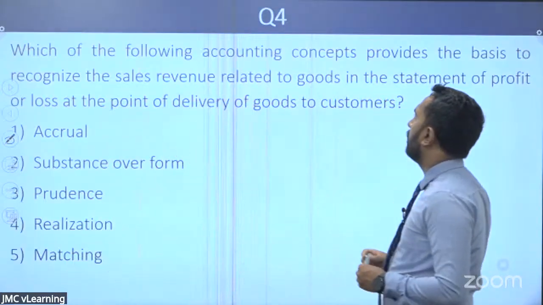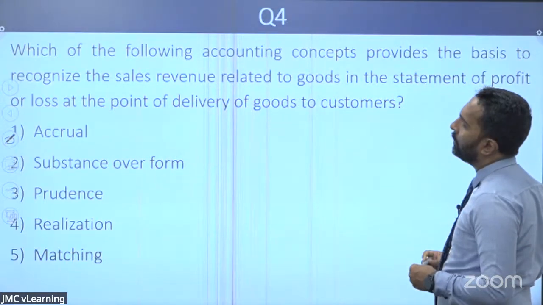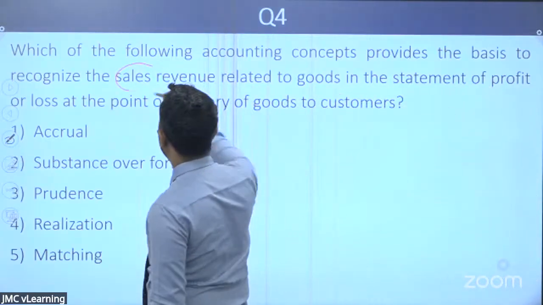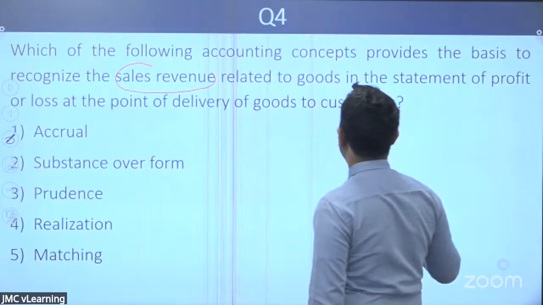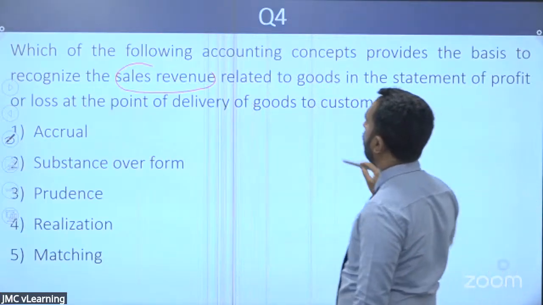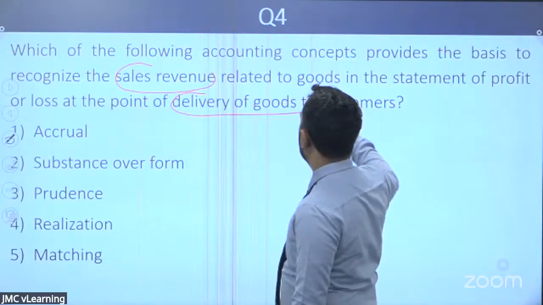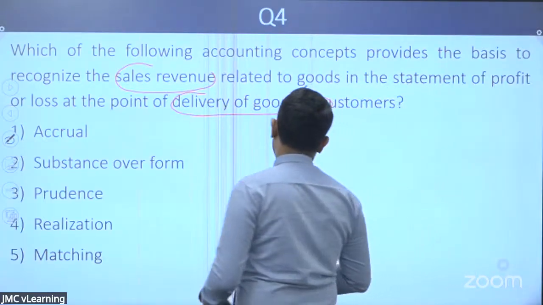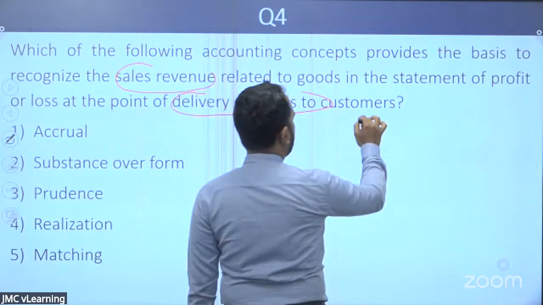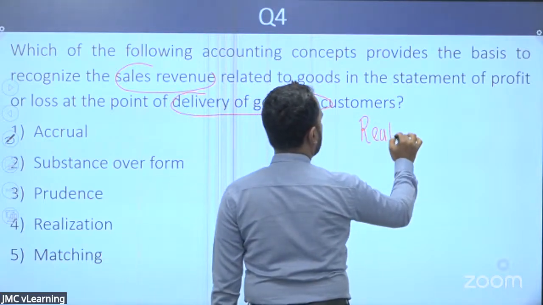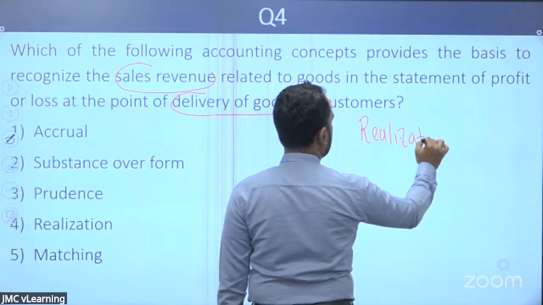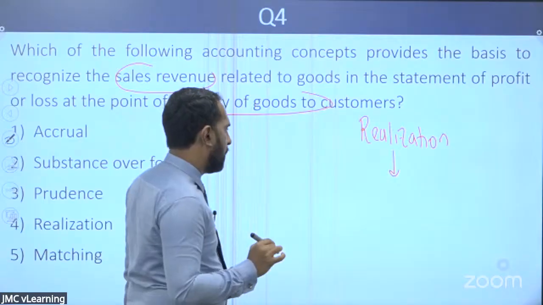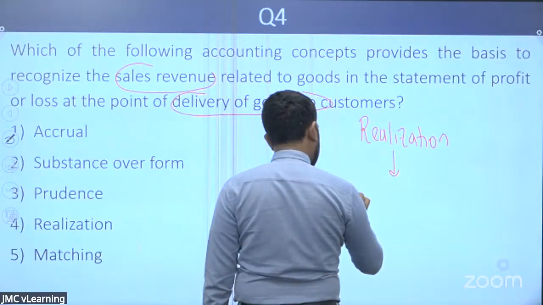Which of the following accounting concepts provides the basis to recognize sales revenue related to goods in the statement of profit or loss at the point of delivery of goods to the customers? I hope you all can remember we have an accounting concept called realization. What does this realization concept say? You can recognize an income when